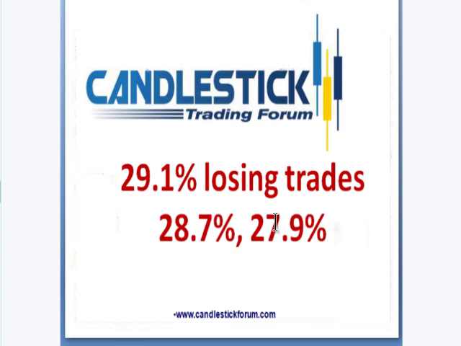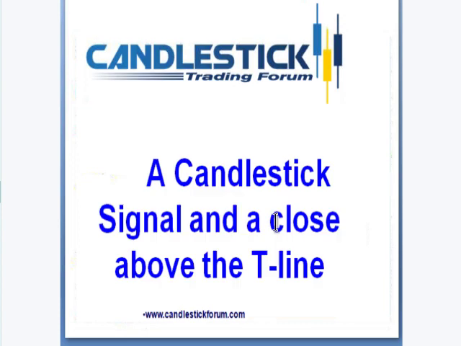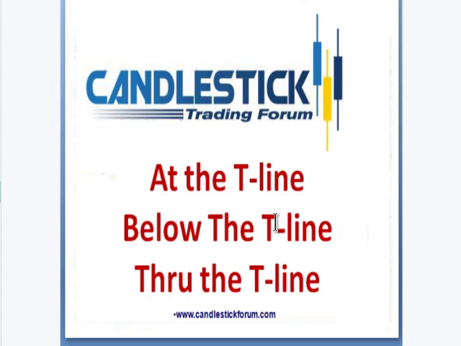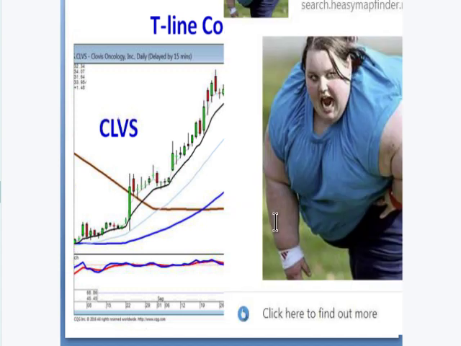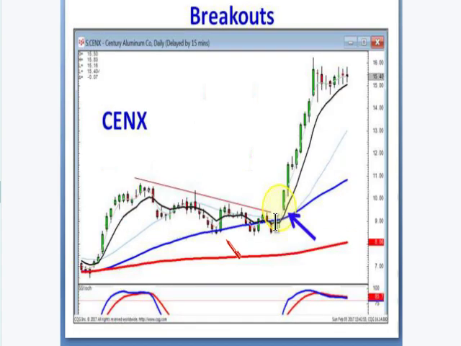So the question is a candlestick signal and a close above the T-line. That is your ultimate. Now you can look at different situations. What if it closes at the T-line? Or what if it closes below the T-line but it's coming up? Or it comes up through the T-line? If I see a doji gap up through the T-line, that tells me that's my best friend. The T-line's not going to act as resistance anymore. If I see a doji gap up through the T-line and through a resistance level, it tells me I'm putting myself in a situation